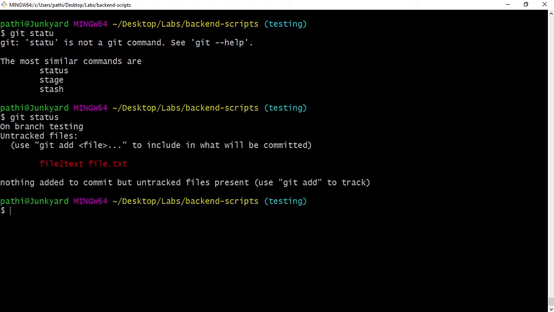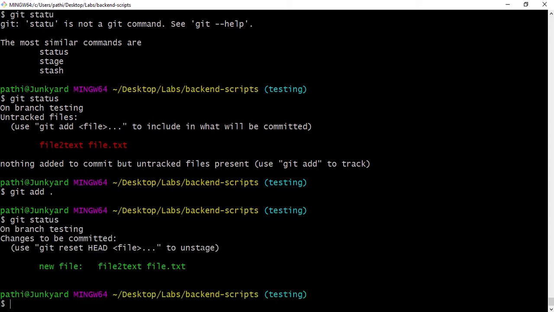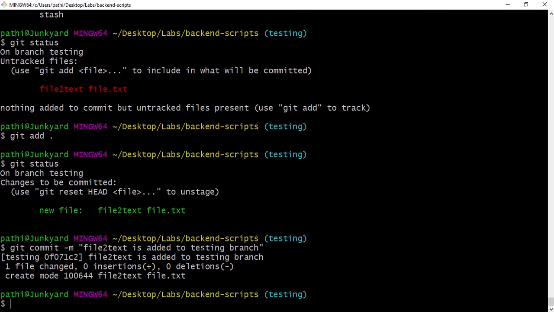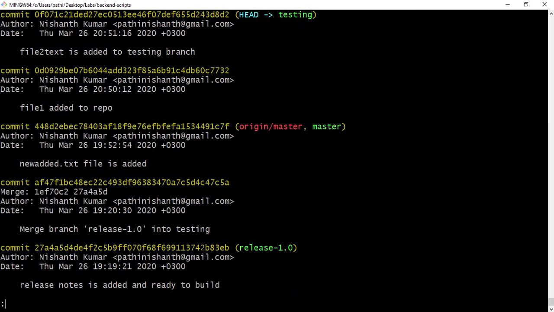So it's in file 2. It is indexed. Let me do the commit with the comment. Now if you see the git log, you have two commits.